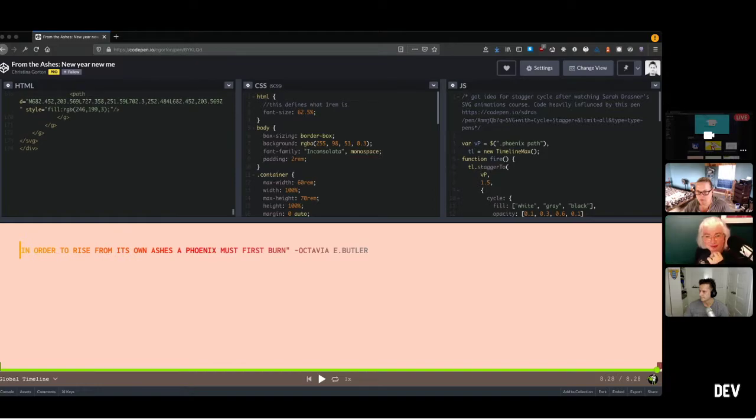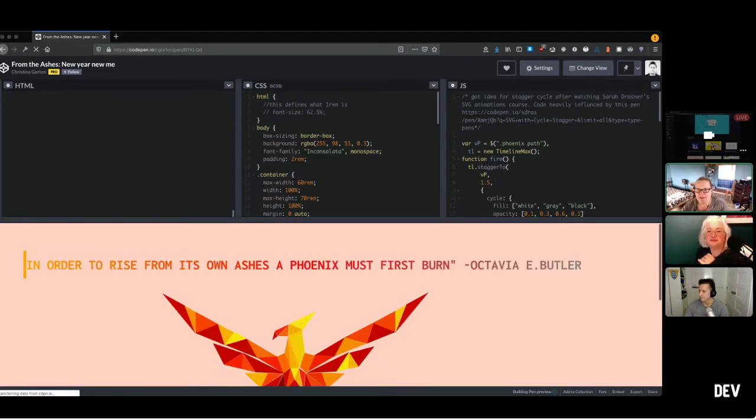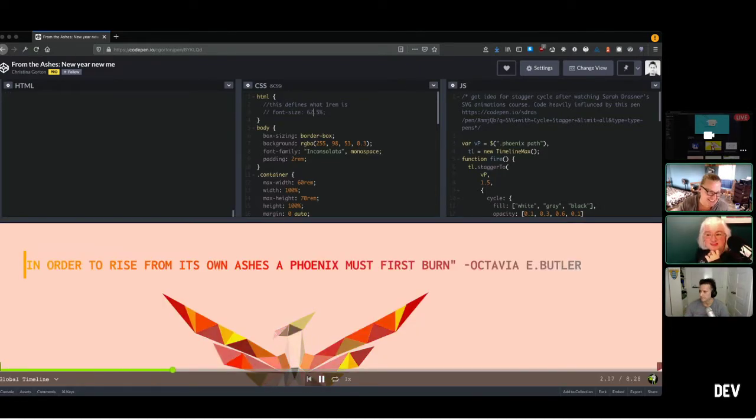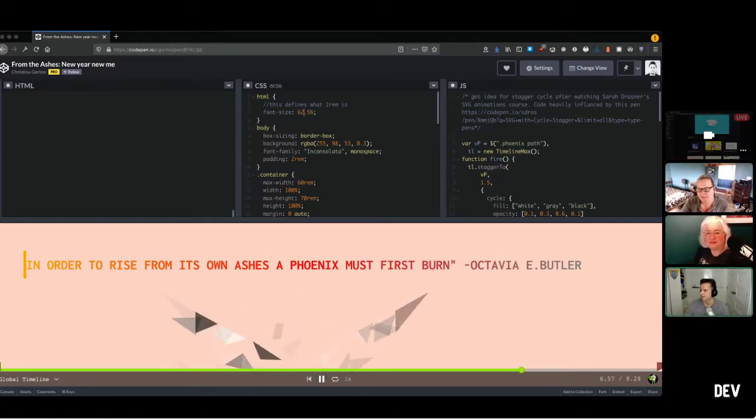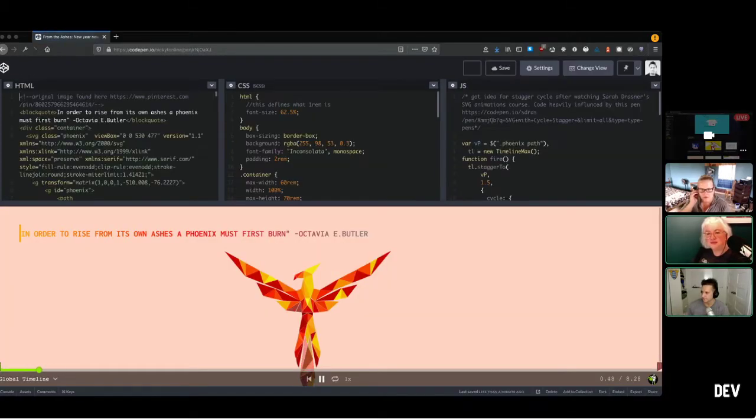So Christina's thing here, that's all SVG, right? Yeah. The bird, I think. SVG, so that might not be the best one to look at, but yeah, it's all SVG. Yeah, so I changed the font size on the root element here. Yeah, exactly. And there we go. So as you do that, and if you were to change the background color or anything like that, that would